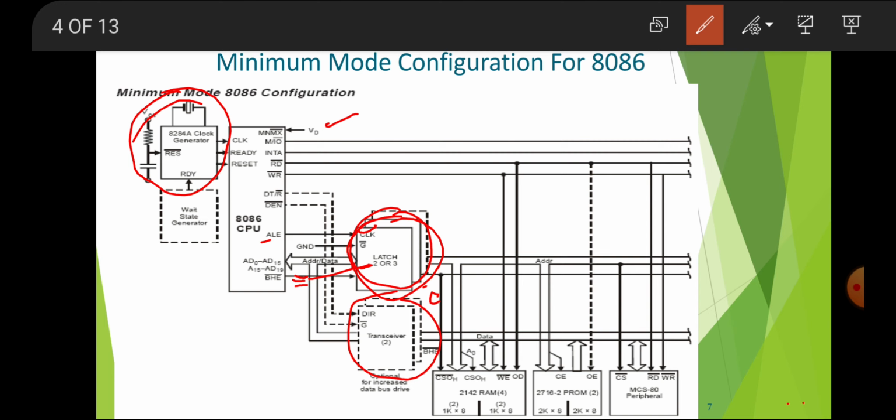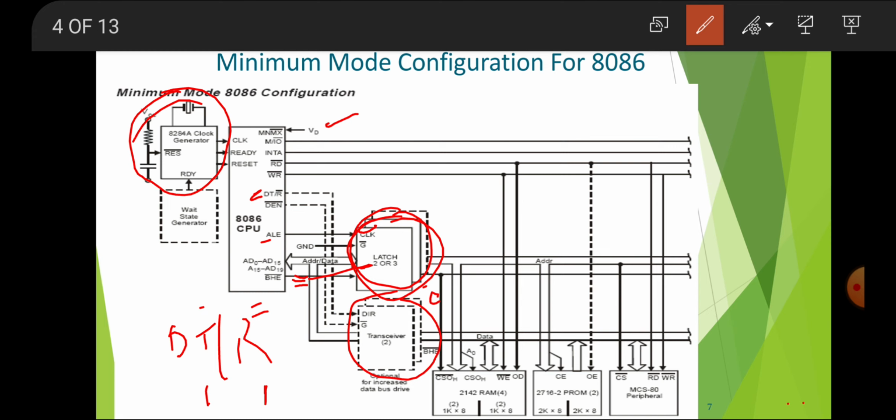But at the same time there is DT/R. You can see here DT/R and DEN. The DT/R signal is nothing but transmitter and receiver. Suppose it is 1, then it will transmit, and if it is 0, then it receives.